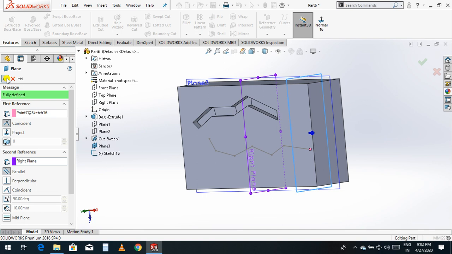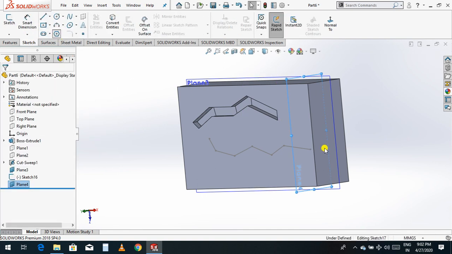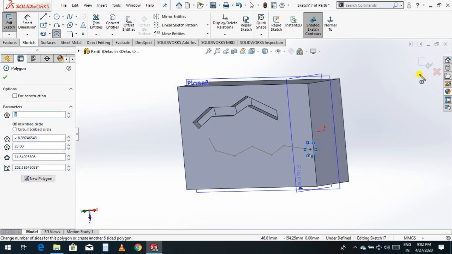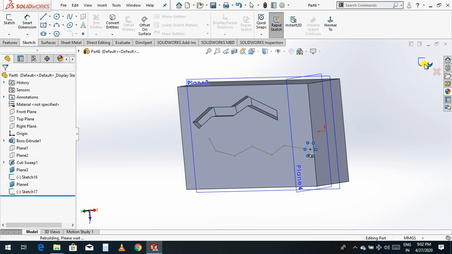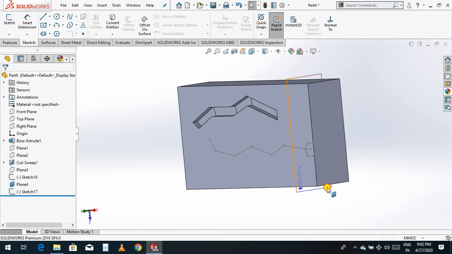Okay, now make one pentagon at this point, like this. Okay, exit the sketch, hide this plane, and hide this plane also. Now the path is completed, the profile is completed.